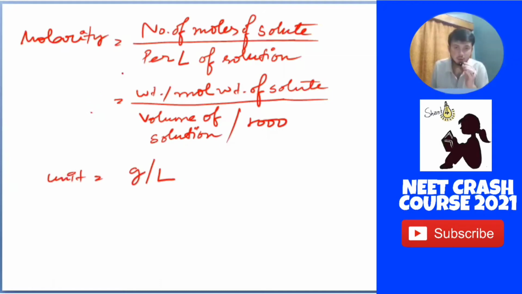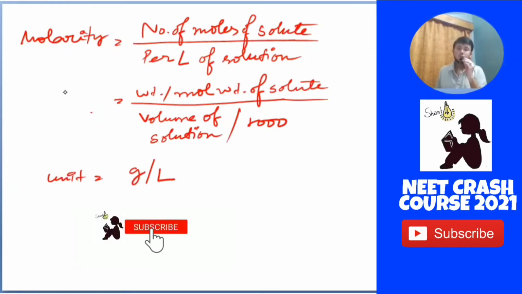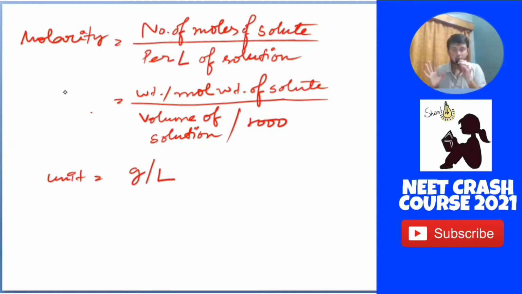So the next topic is stoichiometry. What is that? In the first case, that is our molarity. Now this molarity is very important because in this chapter and the upcoming chapters, molarity is one of the key concepts: you will need it in solutions, in equilibrium, and also in this chapter. So try to understand it very carefully, and if you listen to me, you will understand it.